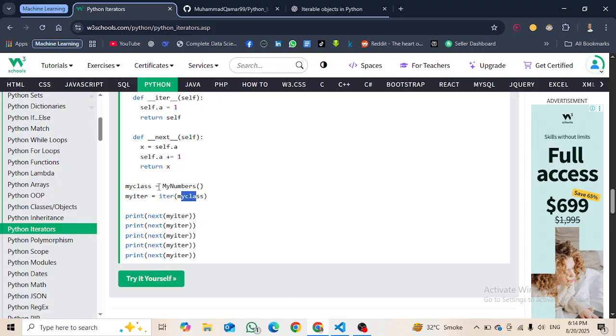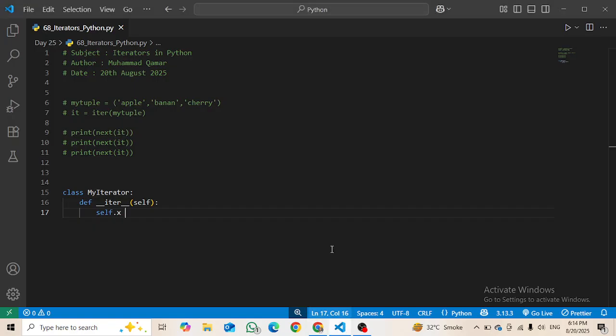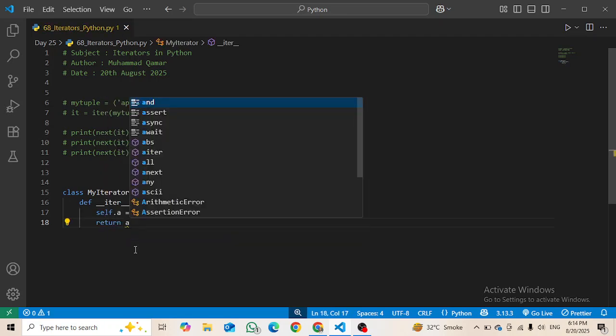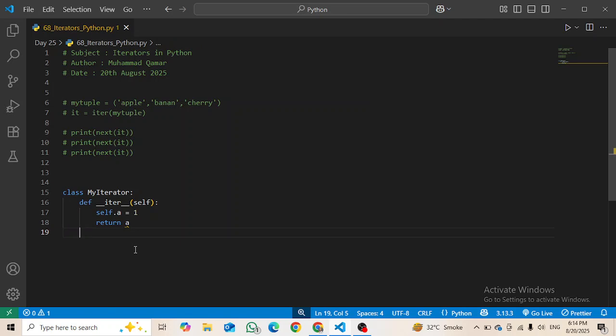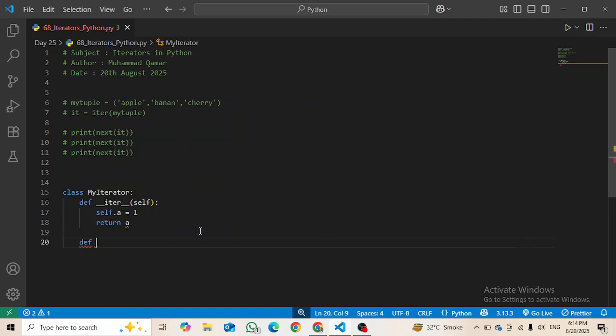Wait a minute please. Here we are running, actually giving nothing. So let's say a equals to 1, and return a. Right, now define the __next__ for this. We have to write it with double underscores before and after, then self, colon, enter.